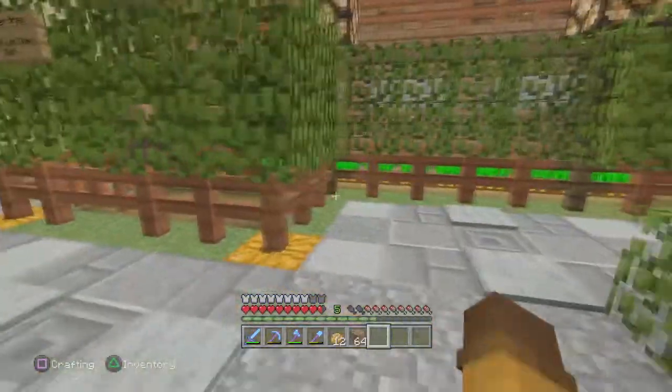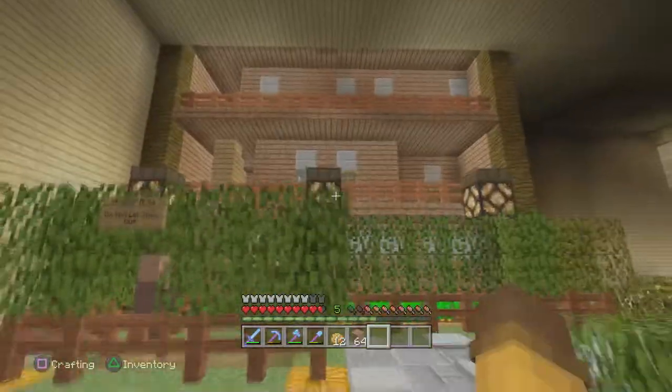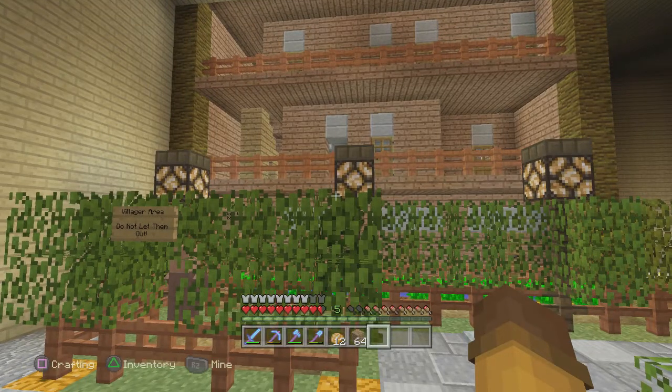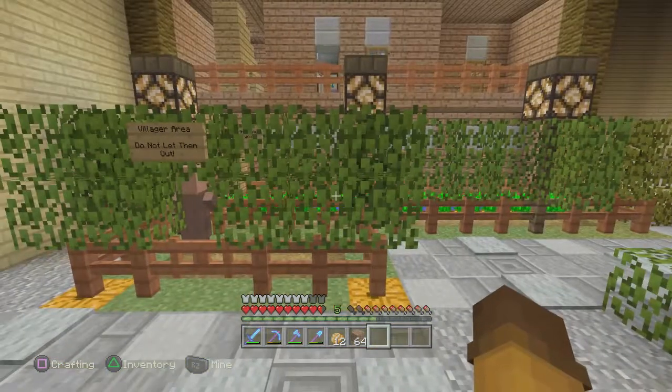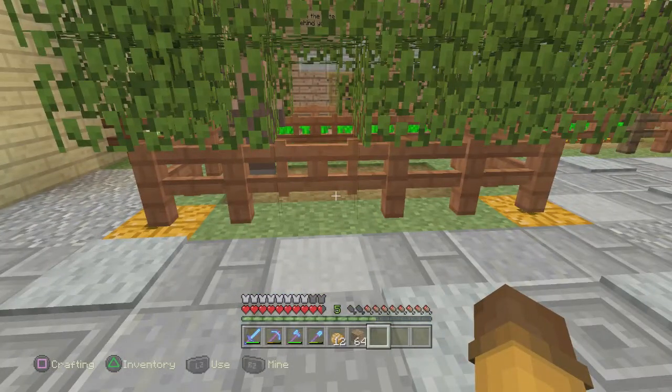This right here is my villager apartment complex. I needed a villager breeder, and I really wanted something where I could just breed the villagers, but not actually stand there and breed them,